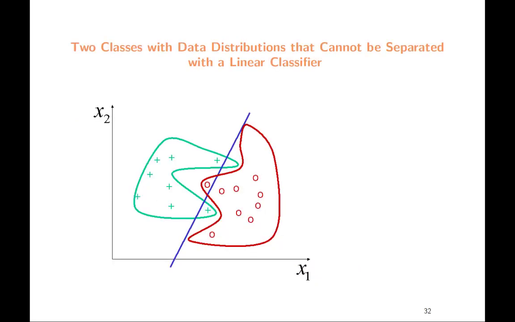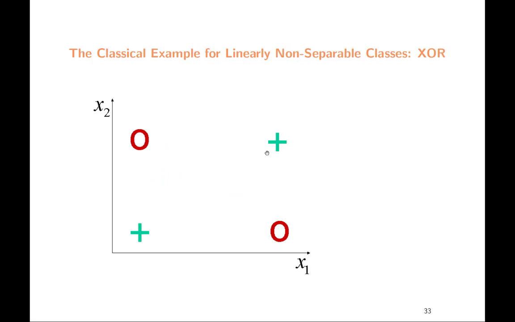So this is an example of a data distribution which is not linearly separable, because you cannot find a hyperplane here, this bluish line, which can separate these two classes. So this is how the plus class is distributed. This is how the reddish class is distributed, and no matter how you draw a line, it's impossible to separate. And this is the classical XOR problem. So you have plus and minus, and there are 4 data points which cannot be separated by a